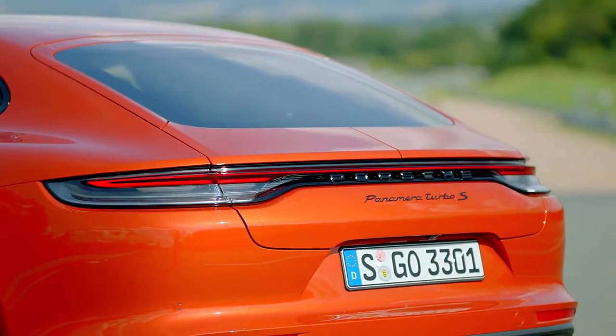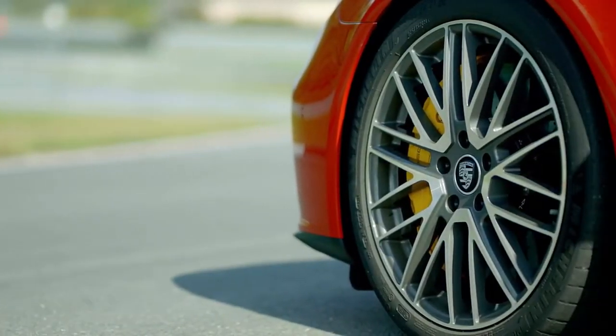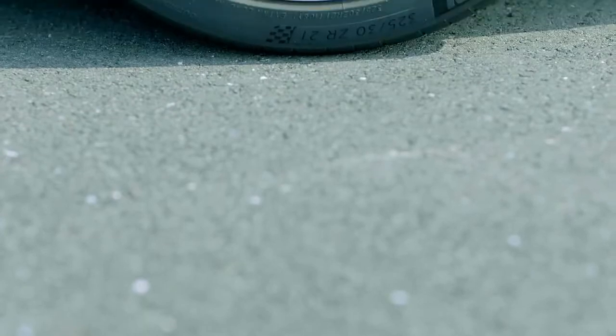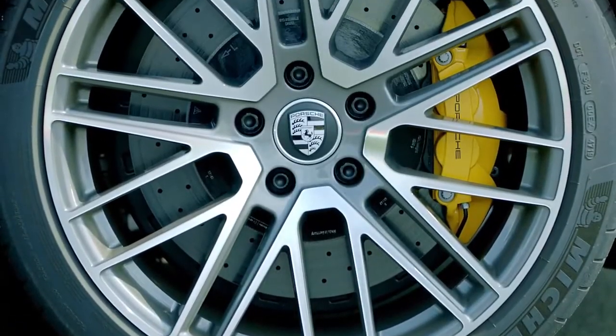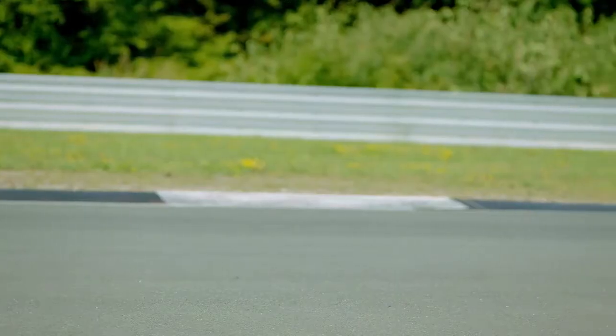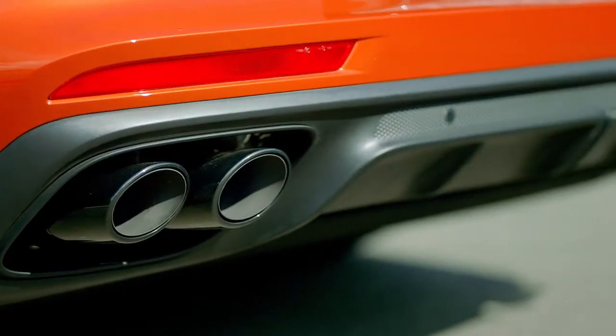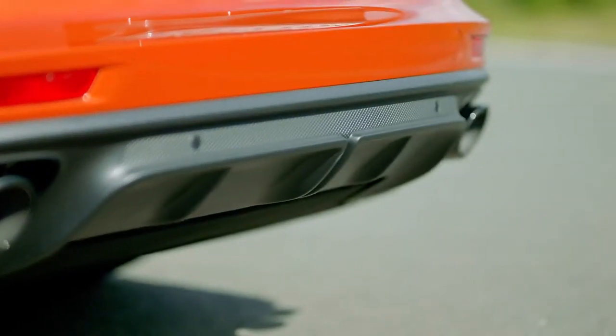Turbo becomes Turbo S. From now on, the top of the range has 630 horsepower and 820 Nm. 0 to 100 in 3.1 seconds. Top speed, 315 km/h. A Panamera Turbo S 2020 completed the Nürburgring Nordschleife, set by test driver Lars Kern, in